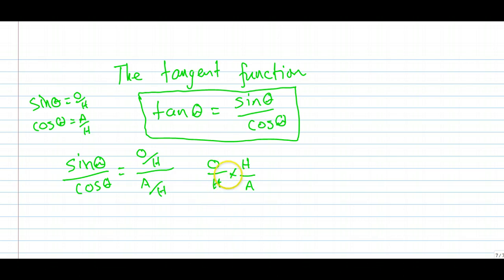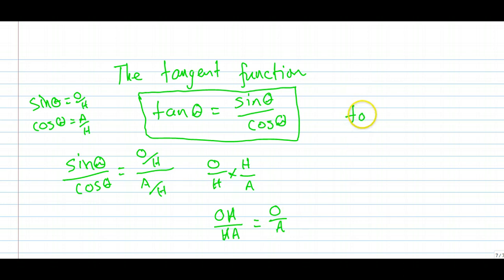If you've forgotten it, then you can go check it out in your Year 7 maths book. Now once we've got a cross multiplication like that, it's a lot easier to work out. We do top times top, which gives us OH, and we do bottom by bottom, which gives us HA. The H's on the top and the bottom cancel each other out, and we're left with opposite divided by adjacent,